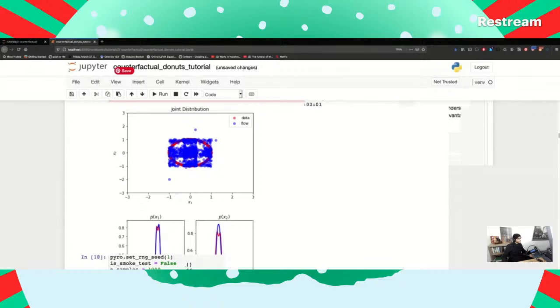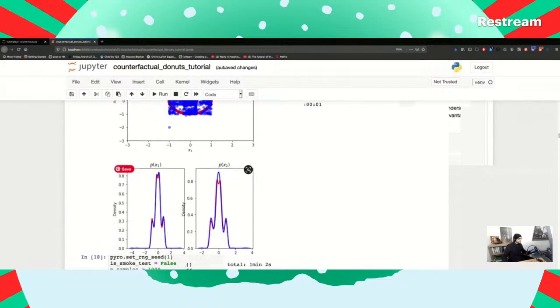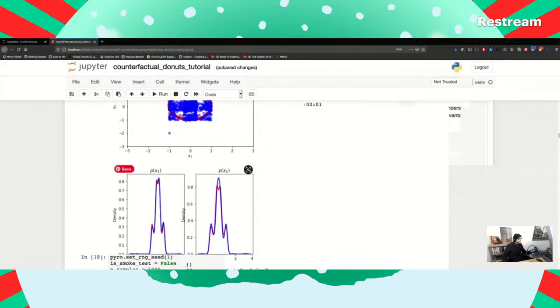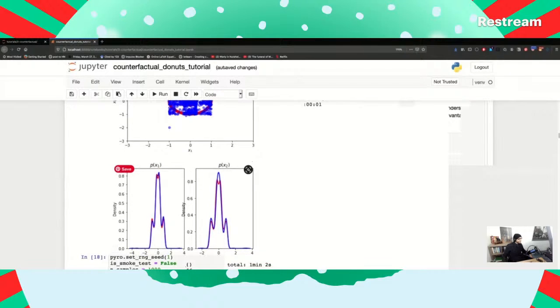You have a whole bunch of points on this axis, and that thins out because there's a hole in the middle, and then you have a whole bunch of points here, and it thins out again. So lots of points, thins out, lots of points, thins out, and it's capturing that density from one side.